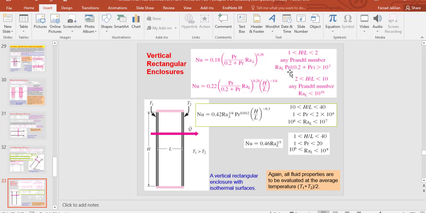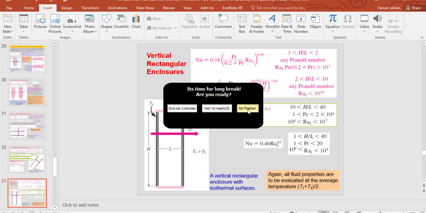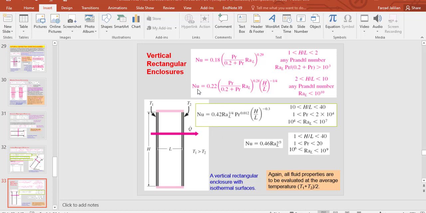And also we should check this condition. If it is satisfied, we can use this equation to find the Nusselt number for an enclosure with this orientation. And when the aspect ratio is between 2 and 10, and for any Prandtl number and with Rayleigh number less than 10 to the power 10, we should use this equation to